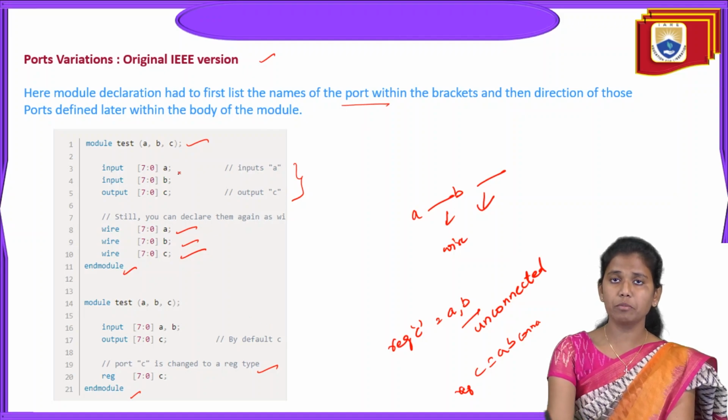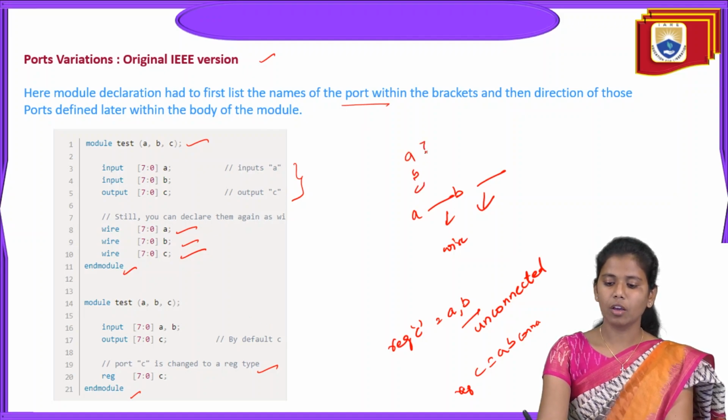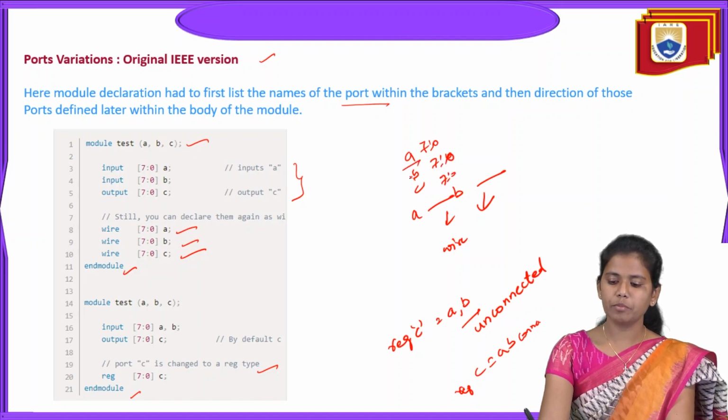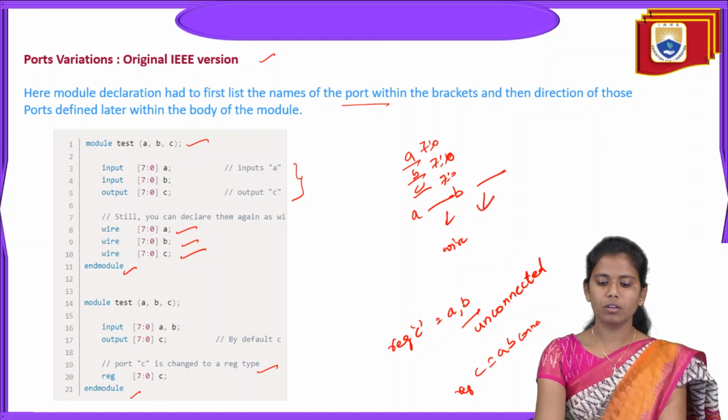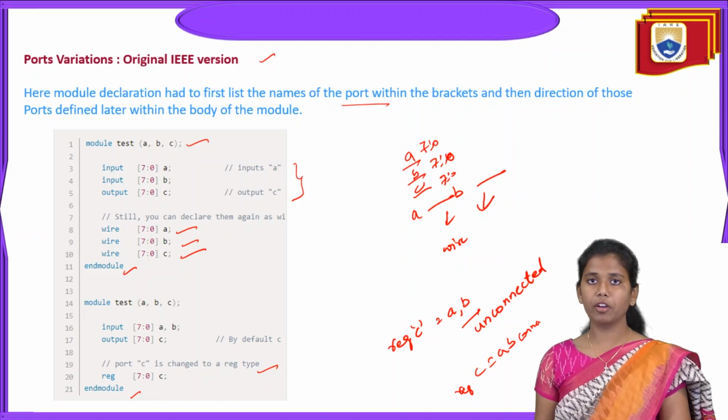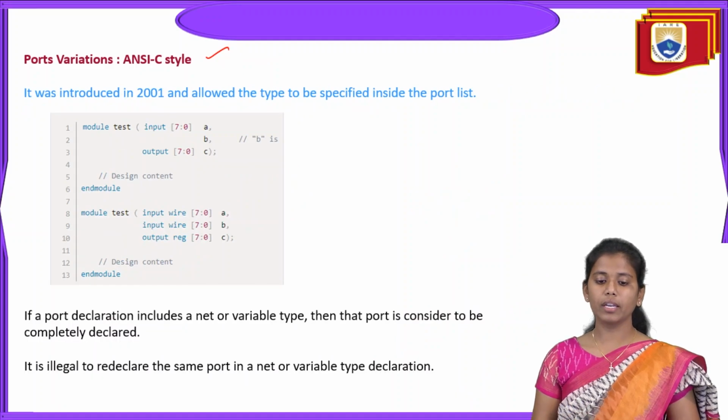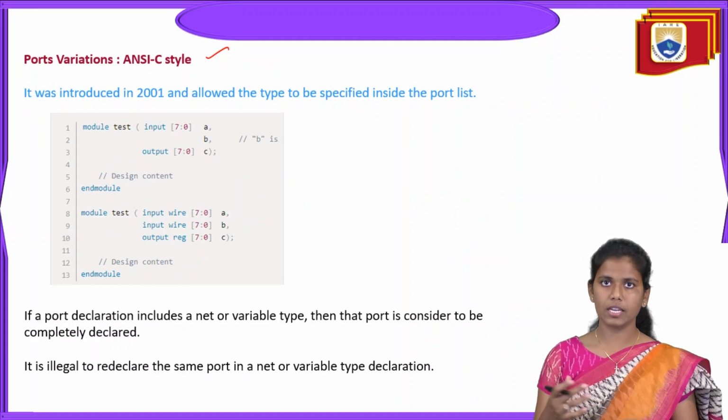So here we have given the names of the ports A, B, C, all of 8 bits, right? So these are the names. A, B, C are the names. Okay, so this is one way of the original IEEE version, and now in the ANSI C-type style of